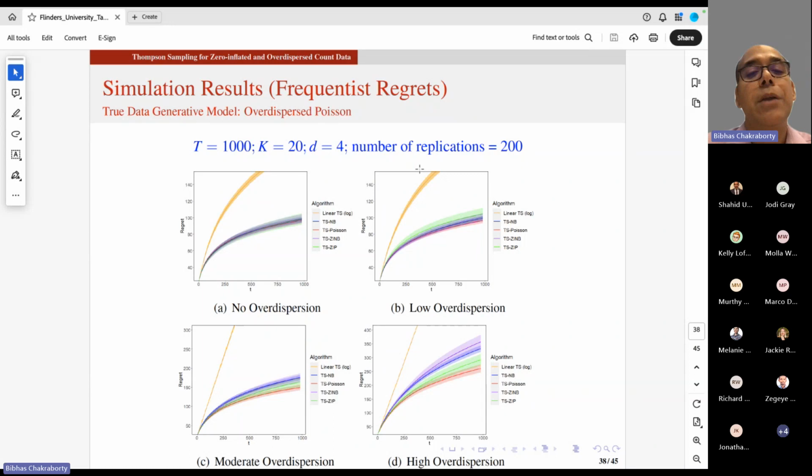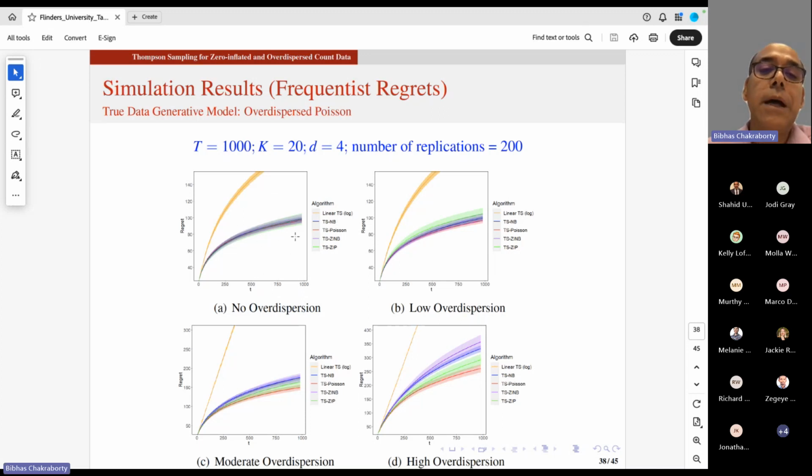By the way, I need to tell you that these are cumulative regrets. So what we want the algorithm to do is bend the regret curve, right? If it goes linearly, that means it's not learning. It can never go down because this is cumulative. It's not a separate thing at every time point. It adds up, so at most it can flatten. Our goal is to flatten the regret curve. If it goes very sharply high, then it's not learning. So that's what's happening with linear Thompson sampling.